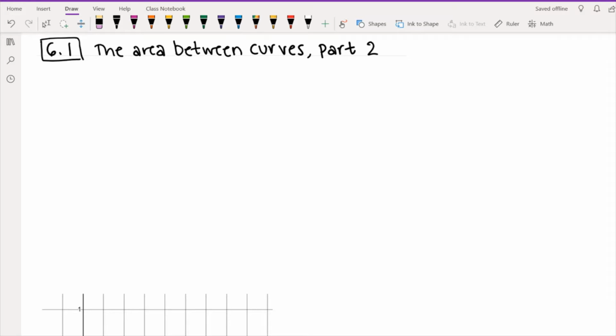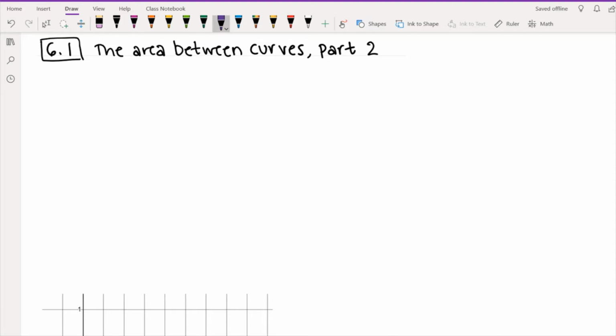Hi everyone. So in the last video, we started to talk about how you can find the area between two curves. And so in this video, we're going to continue to talk about the same topic, but we're going to look at some examples that are a little bit trickier for various reasons. So I just want to remind you first what was the general method for finding area between curves